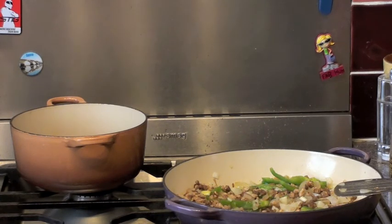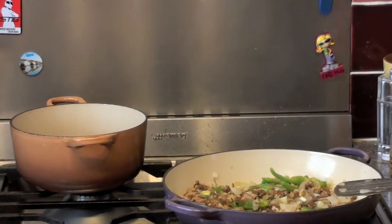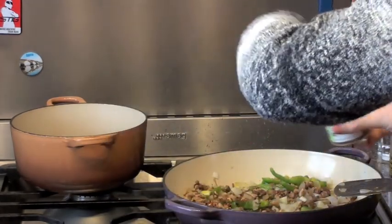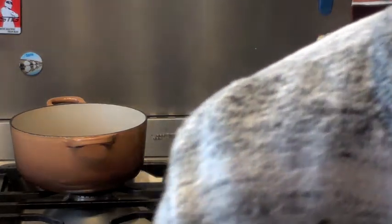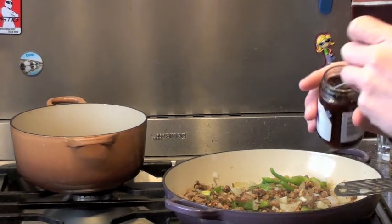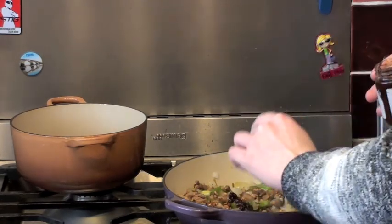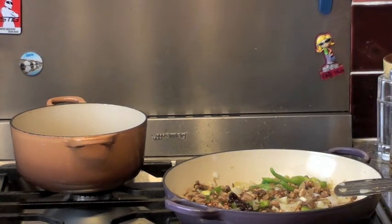So I'm just going to go ahead and shove some of these in, a nice little blend mix, and just give them a few minutes to all cook through a little bit and to infuse some flavour into what we've already got in the pan. And if you can't tell, what I've cleverly done is put this camera back on the tripod so you can actually see what I'm doing without me being too shaky. So, a bit of that,